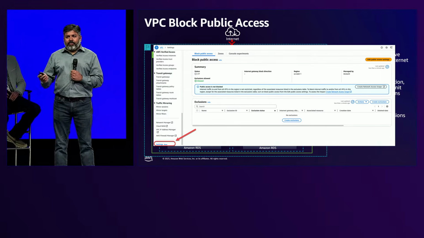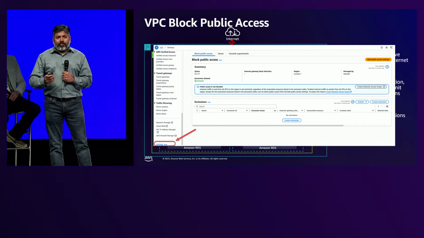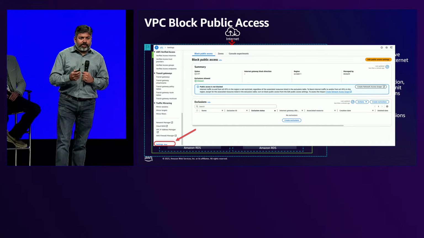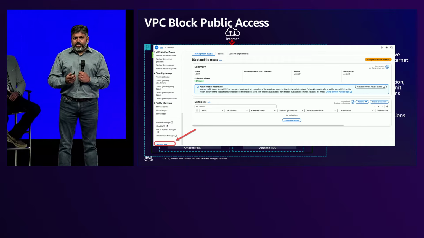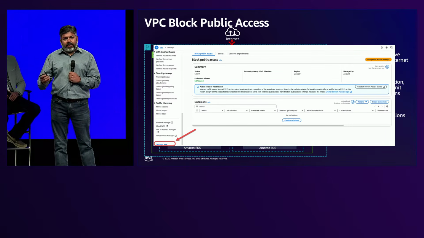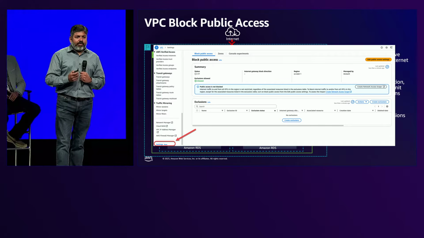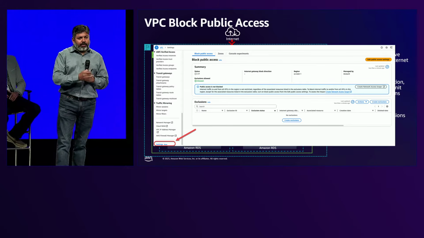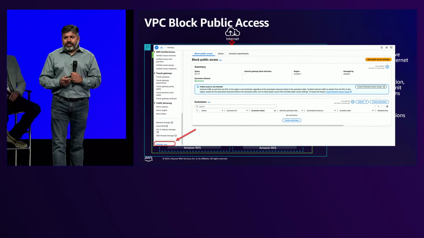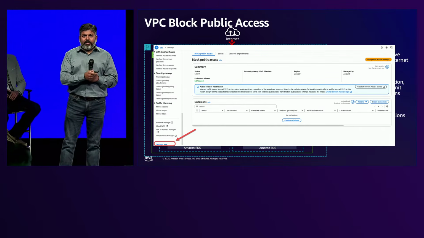Now, there are certain workloads which are critical, and you don't want to block the internet traffic for those when you're enabling it. For that, you can always define exclusions. You can exclude a particular subnet or a particular VPC. Once you do that, only those excluded VPCs or subnets will be allowed to connect to the internet, others will be blocked. Now the question comes: I'm doing this at the account level for a particular region,